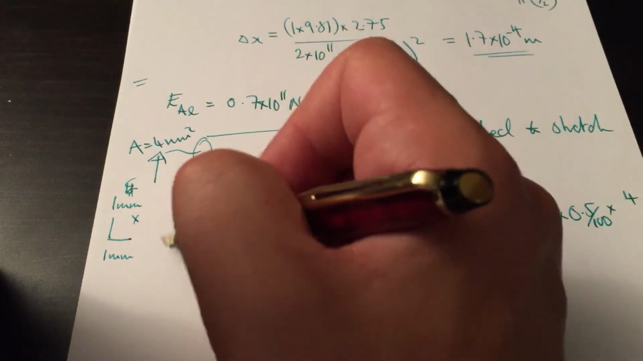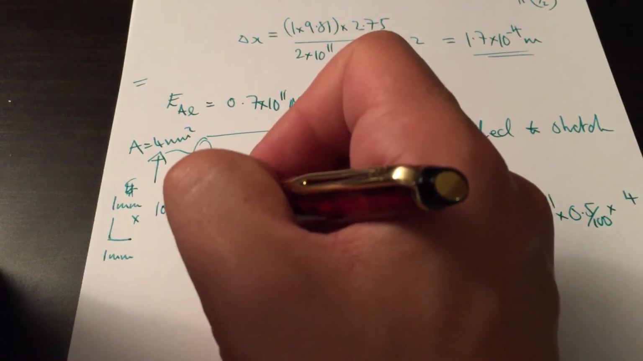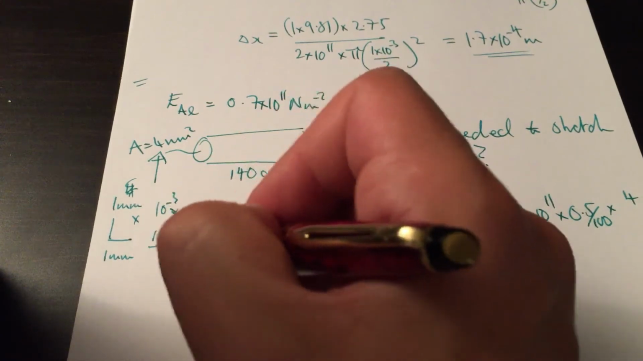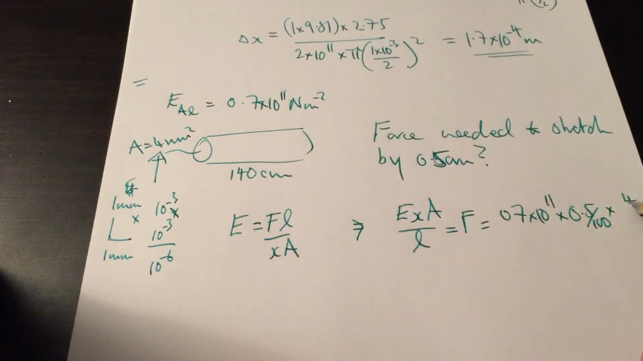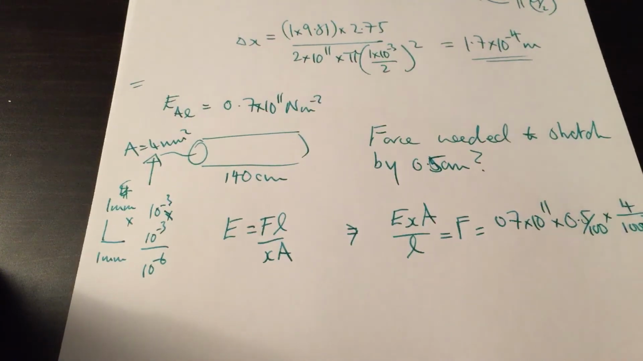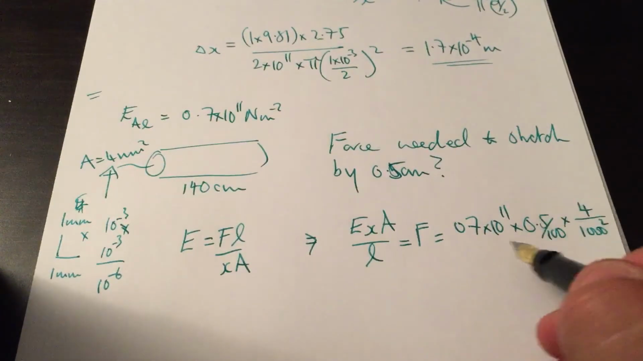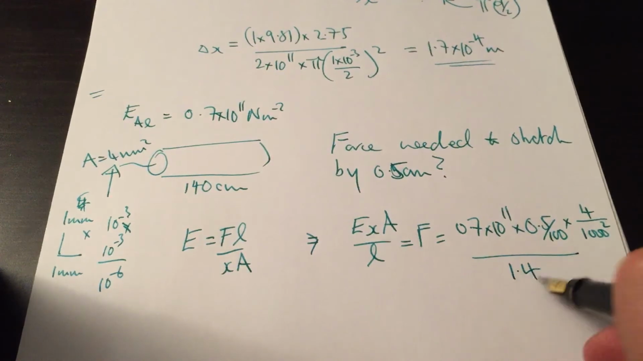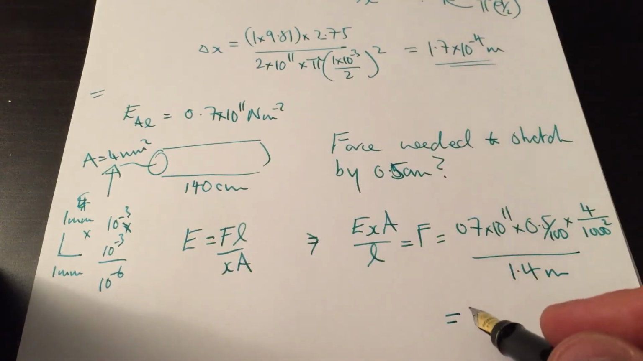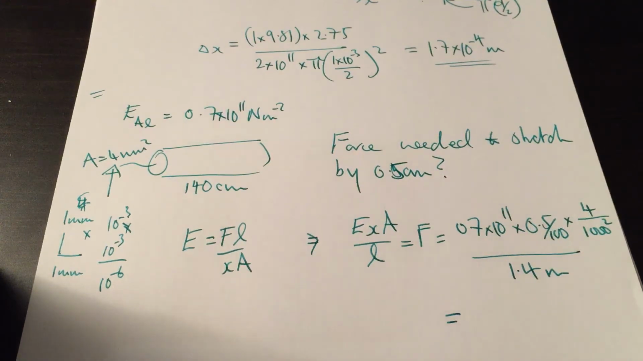Multiply that together gives you 1 millimetre squared, which is the same as saying 10 to the minus 3 multiplied by 10 to the minus 3, which gives us 10 to the minus 6. So 4 over 1,000 squared divided by an original length of 1.4 metres. Remember, I had to change it out of centimetres into 1.4. And that gives us a force of,